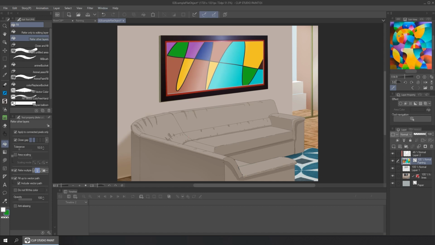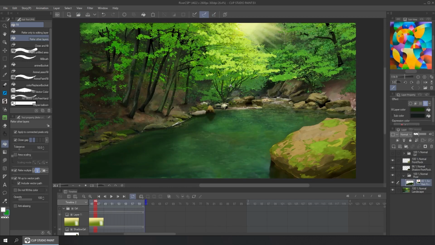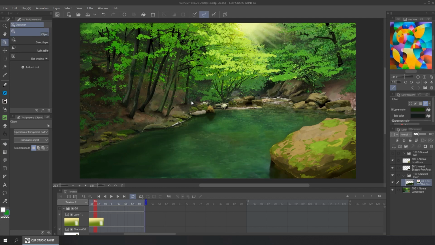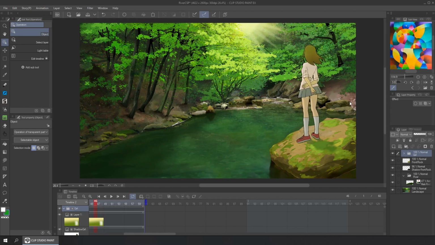And this can also be done with animation files. So, let's see how it's done in the river example. This file has the basic structure I use for the animation of the beginning. It has the landscape, a mask for the river, a rock in the foreground. I have the extra folder of a random girl just because the scene looks too empty and I want to practice hair in the wind.